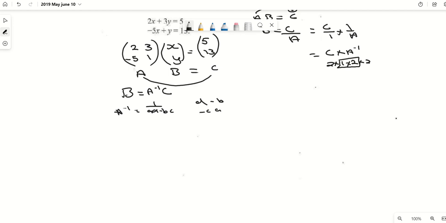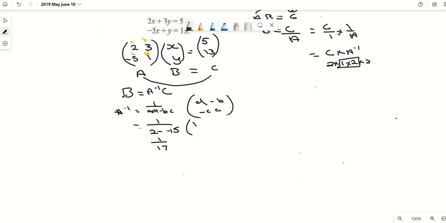That is your adjoint, right? So the inverse: if we look at A, this is A, this is B, this is C, this is D. So this is 1 over AD, which is 2, minus BC, 3 by minus 5 is minus 15. So that's 1 over 17, 2 minus minus 15. That minus by minus is a plus, so it is 1 over 17